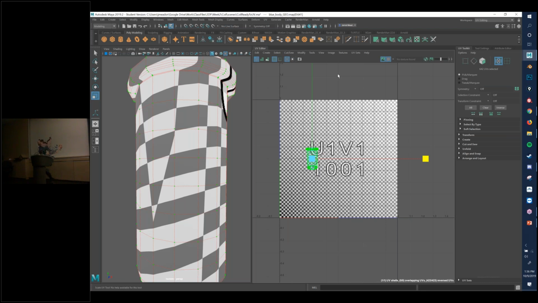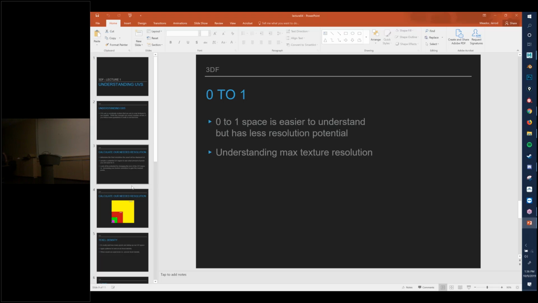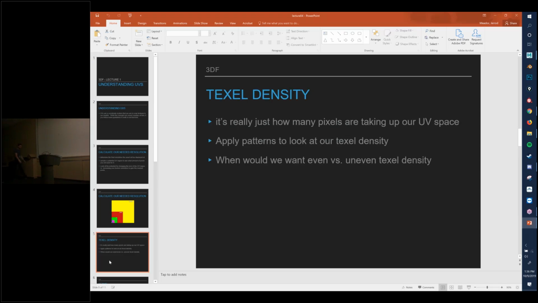All right, and then the last thing is a concept that sounds scary, but it's pretty basic, which is texel density. All texel density means is, when you put your UVs in that 0 to 1 space, how many pixels are in that area. And the reason why that's important is because, let's say,